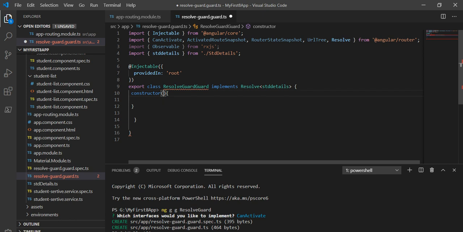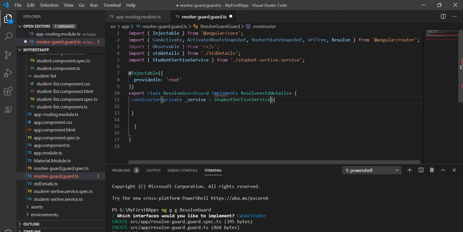I will take private, first a service, and the type of this will be the student service, and another variable I will take as router, and the type of this will be Router. So just import from the router library.